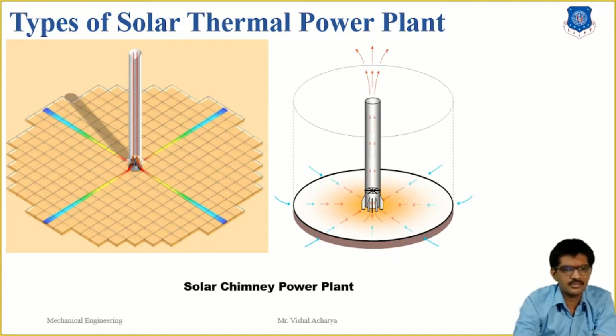Thus, the solar radiation causes a constant updraft in the tower, and the energy contained in the updraft is converted into mechanical energy by the pressure stage turbine at the base of the tower, and then into electrical energy by a conventional generator. The power output, meaning the electrical output of the solar tower, is proportional to the volume enclosed by the tower height and the collector area. The same output may result from a larger tower with a small collector area and vice versa, as shown in our figure.